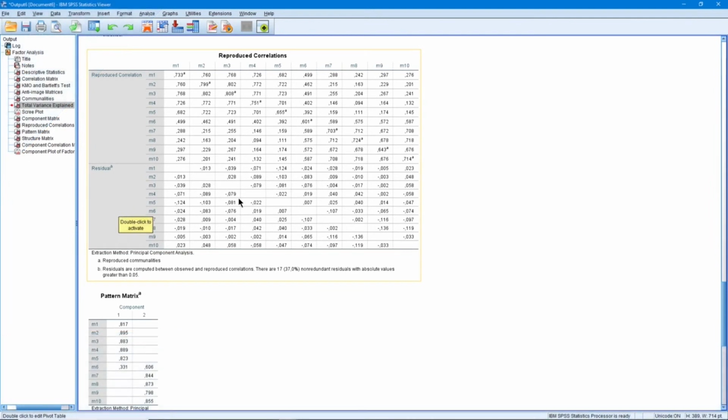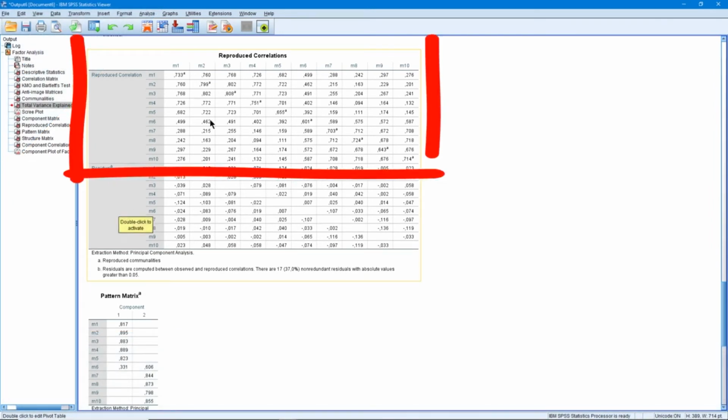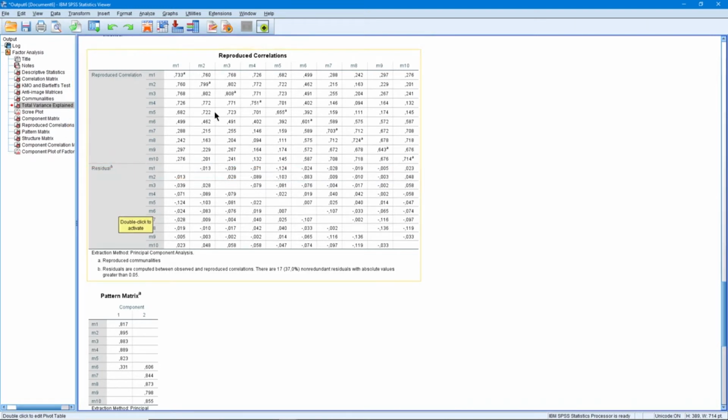We see 2 sections in this table. I would like to briefly explain this. The correlation coefficients here show the relationships between the items. However, these are not the actual correlation coefficients between the items. We have previously examined their true correlation coefficients in the table above. Here, there are correlation coefficients calculated by SPSS according to a model created in factor analysis. So, these are the correlation coefficients of the model.